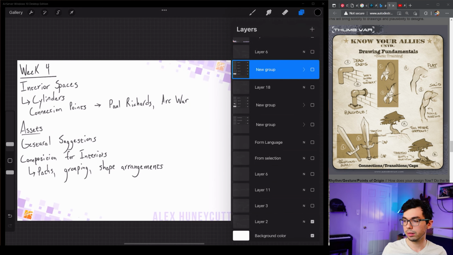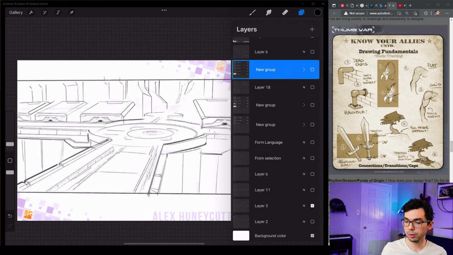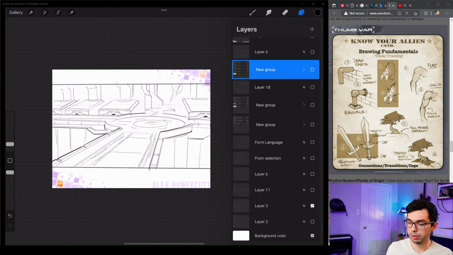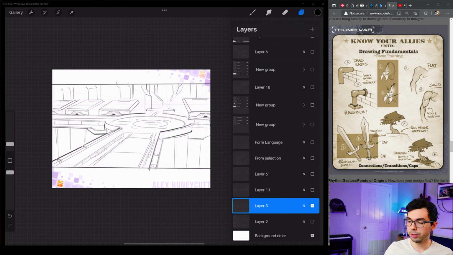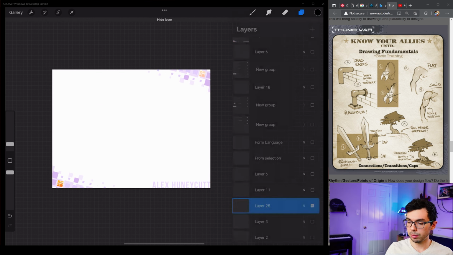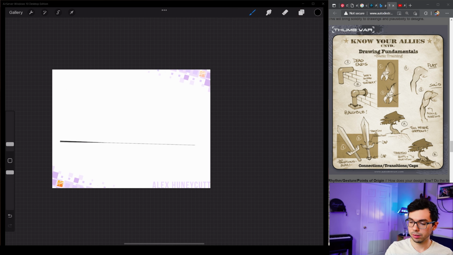Interior spaces, cylinders, assets, gestural suggestions. Okay, so we went over sketching an environment, an interior environment, which started with a room. Same thing can be applied where if you have a canvas, you can block it off, or you can continue to extrude,